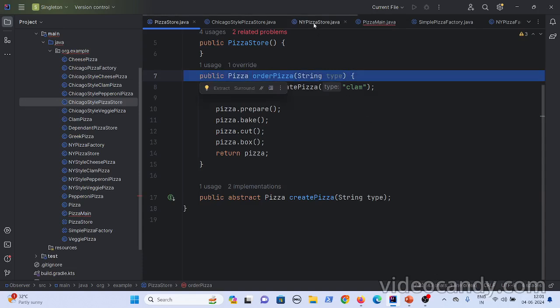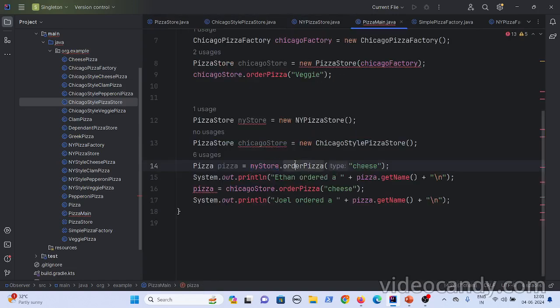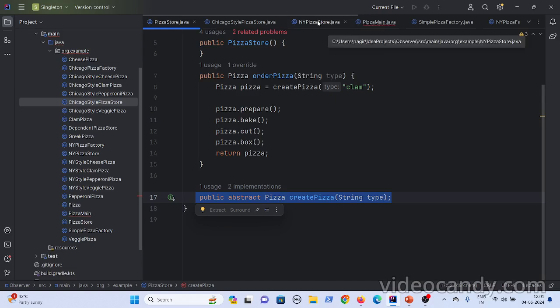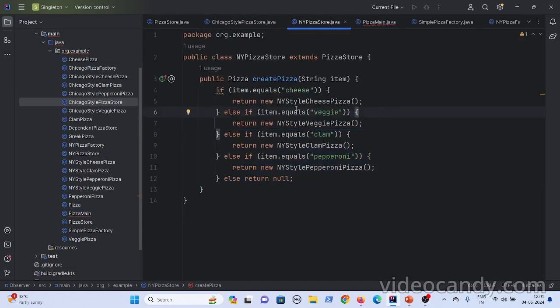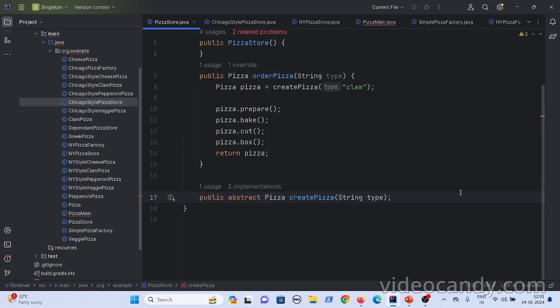So when you create an instance of New York style and invoke the order pizza method, you have the create pizza method as abstract. Since it doesn't have any implementation here, it will go to New York style, get the New York style pizza, and then invoke all these methods on it. Okay, this is the factory method design pattern.